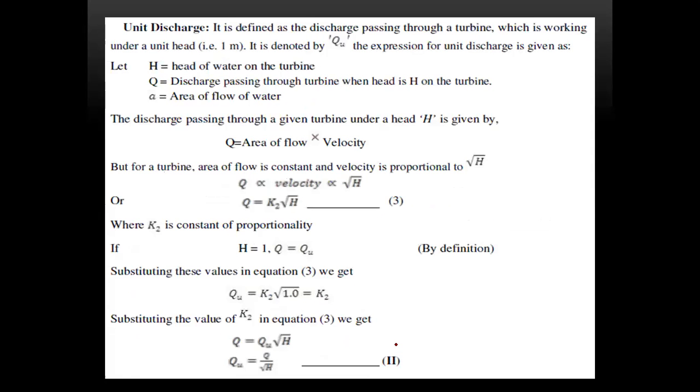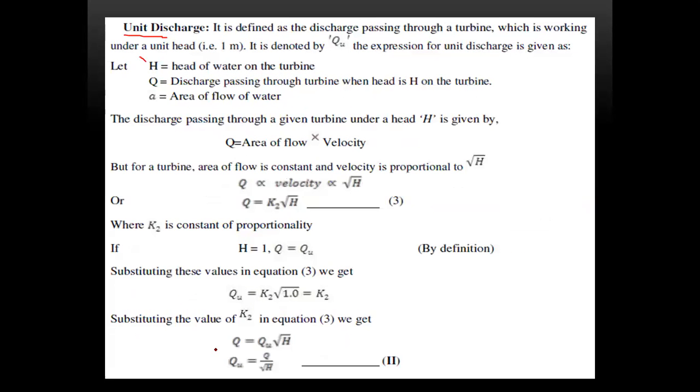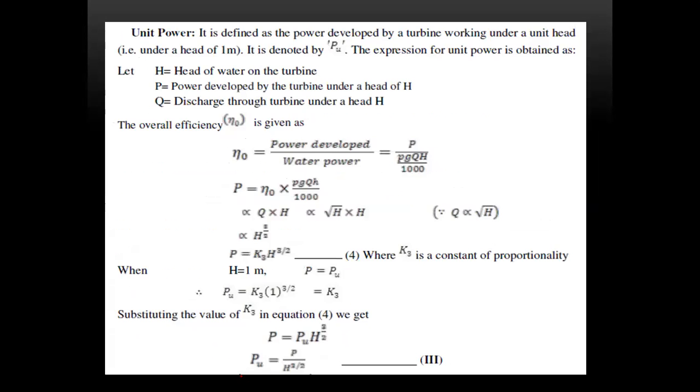Next, coming to the unit discharge. How much liquid is discharged per unit? It is defined as the discharge passing through the turbine, which is working under a unit head, that is 1 meter. Now let H is equal, the derivation is the same, undavu exam ki. So by solving this, you are getting this formula. Next, for unit power,